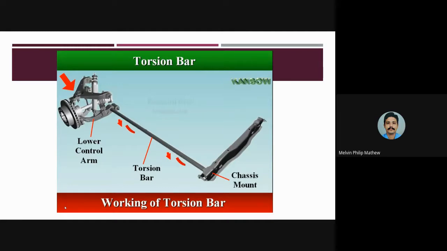Due to that rolling motion there will be a chance of torsion occurring on rigid frames or a rigid shaft inside the vehicle, and to prevent that a torsion bar is provided, and this torsion bar